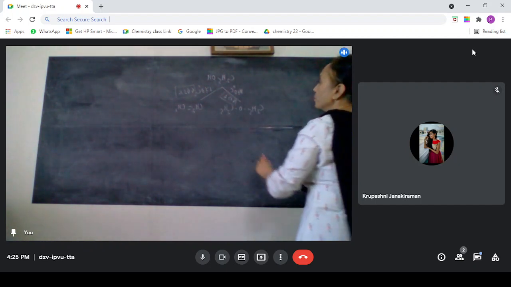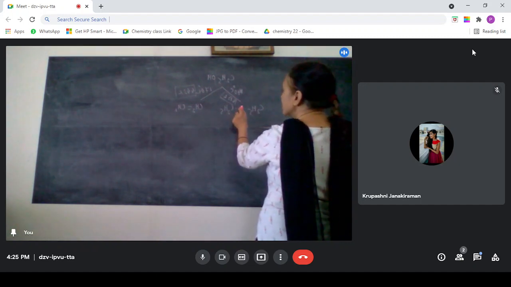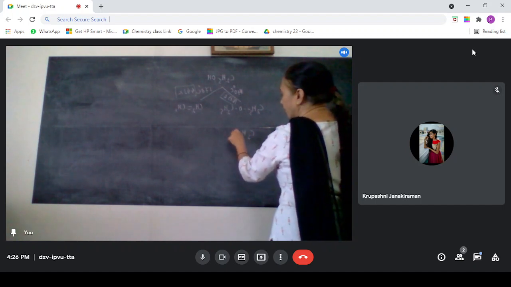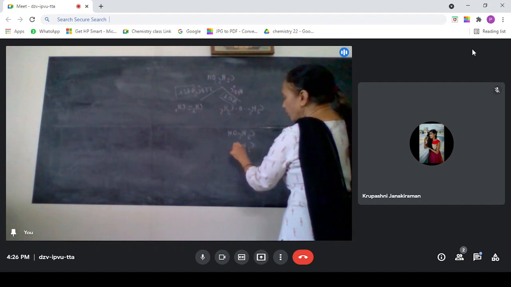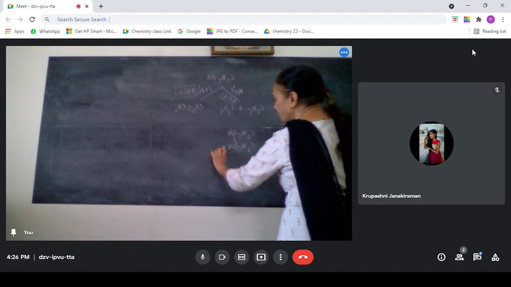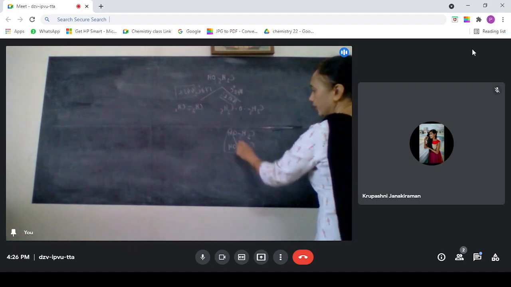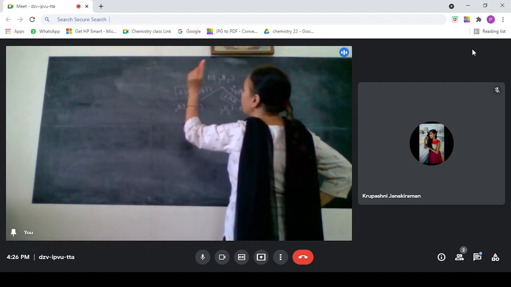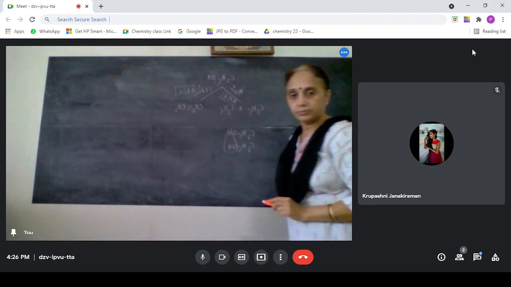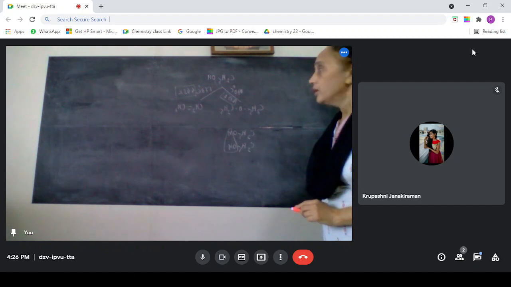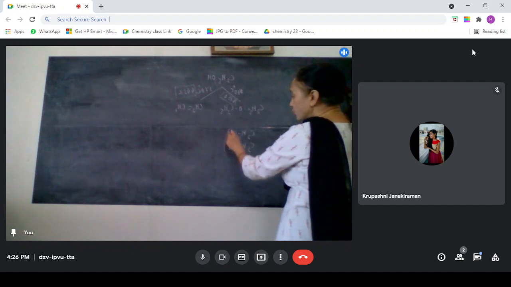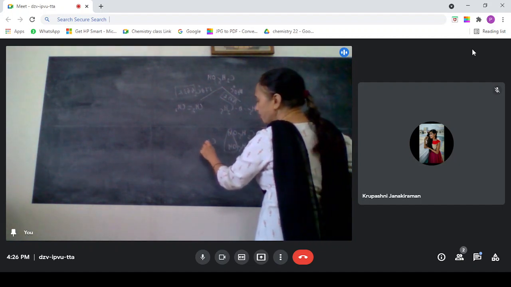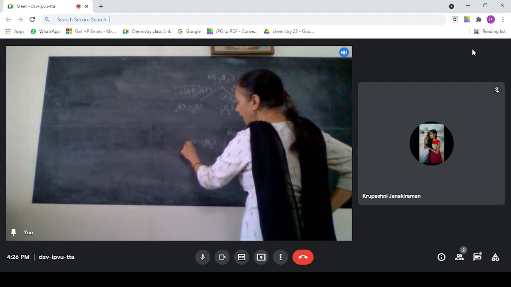So what happens is that here also it is dehydration, but here two molecules are involved. You take two molecules of ethyl alcohol, you remove water, you are going to get the ether. From the same molecule, if you remove water, you will get ethene. So actually here, if you observe it carefully, what is happening here is you are replacing that